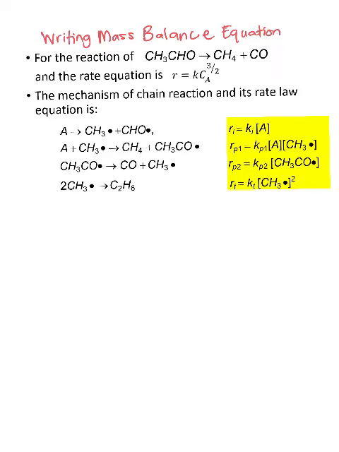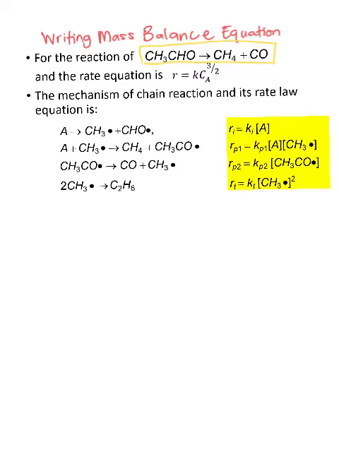Writing a mass balance equation for the chain reaction. So for the reaction of CH3CHO to produce CH4 plus CO, this is the stoichiometric equation. Okay, given in the question is the stoichiometric equation, and the rate equation is R equal to K CA power of